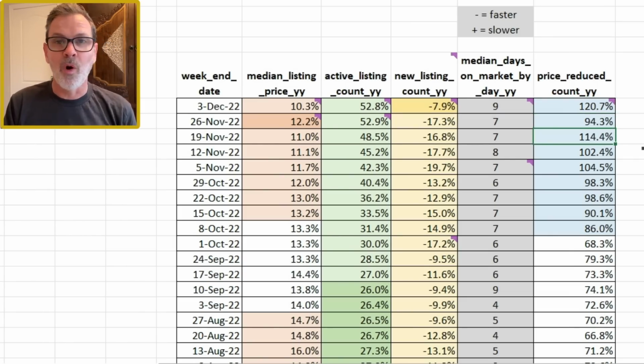Two weeks ago, it was 114%. And at that time, that was the biggest increase so far this year. But right now, 120.7%, a giant increase compared to 1 year ago. And also the biggest increase we've been seeing so far this year in the number of reduced price listings in the US. On top of that, the number of price reductions has now increased in 6 out of the last